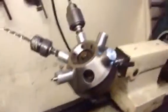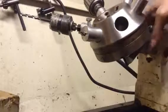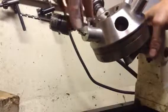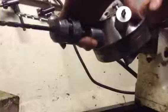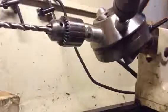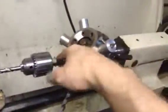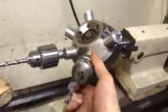Let me see if I can. You hit this lever right here. Hold on. Maybe I can almost, yeah, kind of do a little demo. There it is in the center drill. Switch to 1/4 inch and 5/16, and then I need to finish out some more holders with some 3/8 fine is what these chucks screw